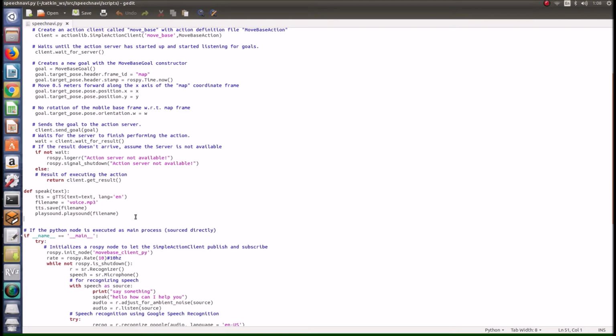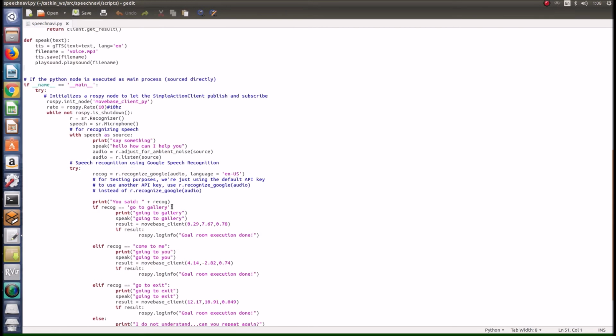The next function is the speak function, where we allow the robot to speak to the user, so the robot can ask the user what it can do for them.